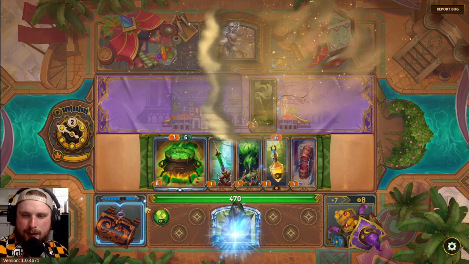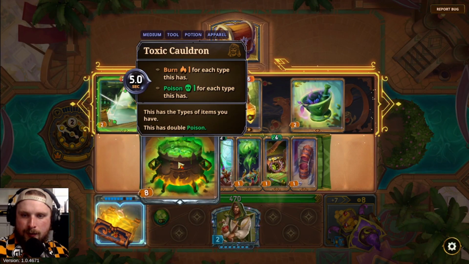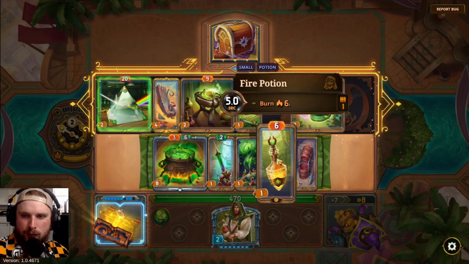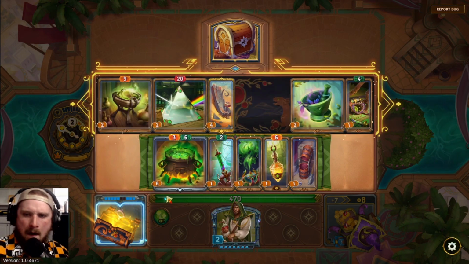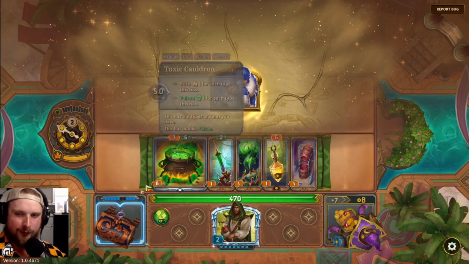I don't know. I think this is the best board we can conjure together. Yeah, it's already a tool. We actually lose a tag. We take out the potion. Alright, we'll go with this. Definitely not ideal, but